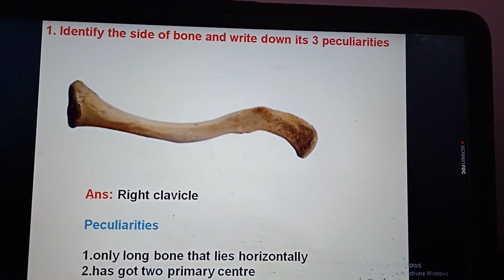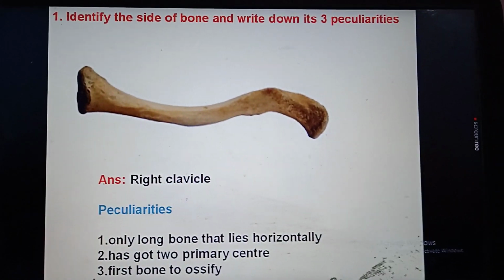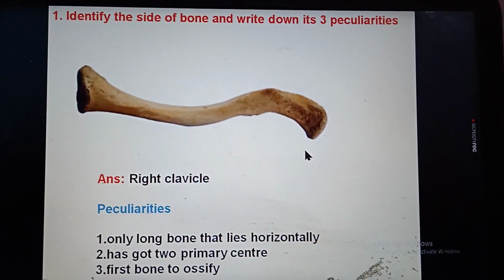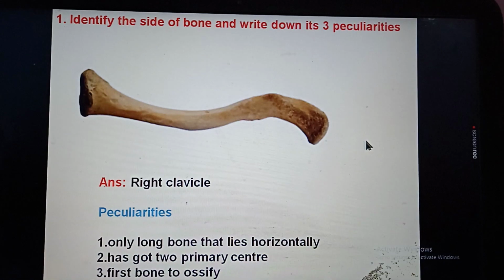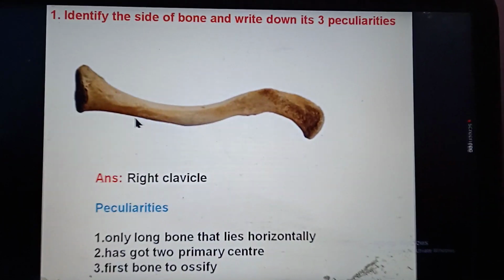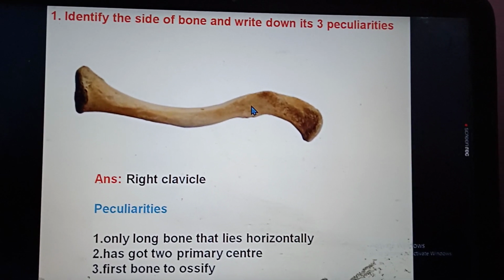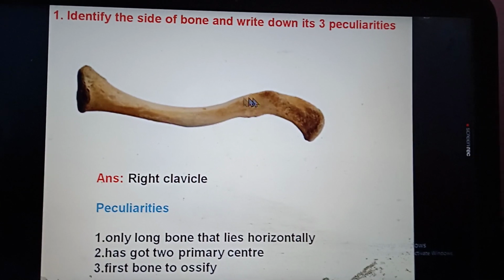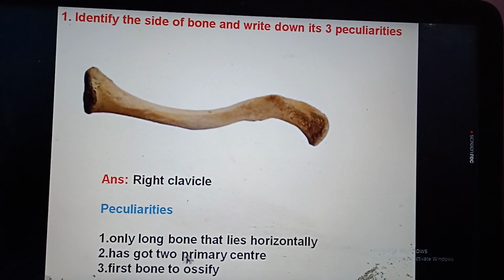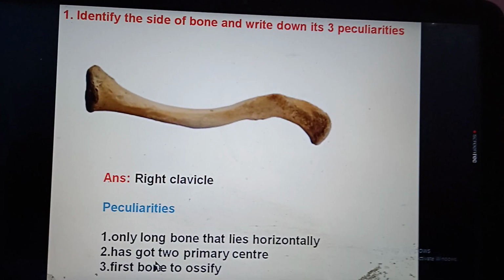First question, identify the side of the bone and write down its three peculiarities. This is the right clavicle. This is the external end, which should face medially; this is the acromial end, which should face laterally. In the medial two-thirds anteriorly there is convexity, and here is the concavity on the lateral one-third, and on the inferior surface this is the trapezoid line. So this belongs to the right side. Peculiarities: the only long bone that lies horizontally, has two primary centers, and is the first bone to